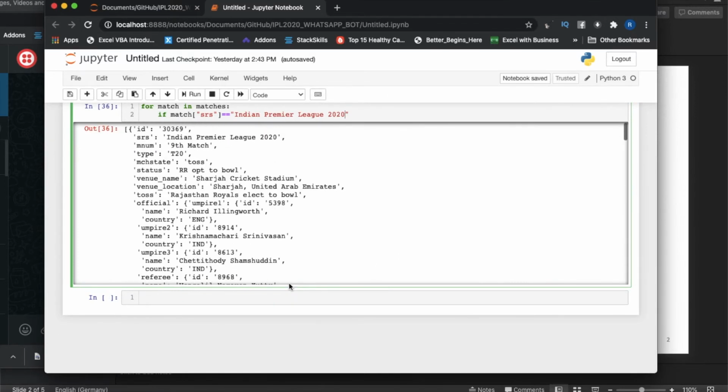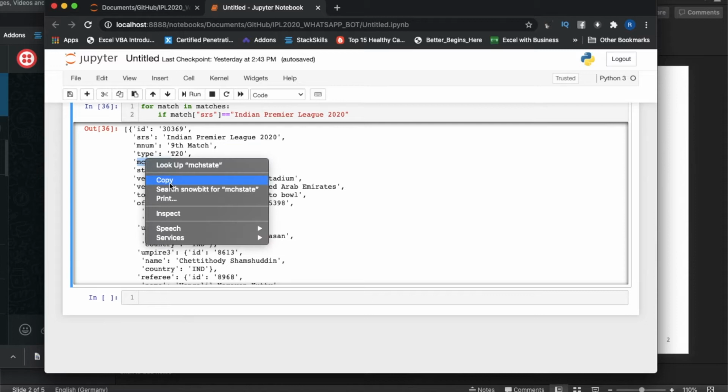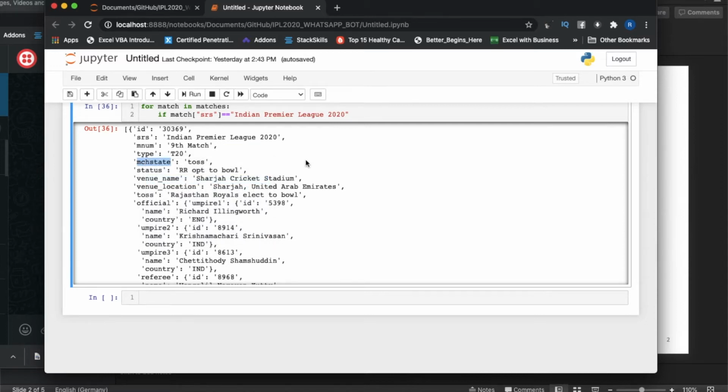So I need the matches where the match state is not equal to preview, which means the match is upcoming and not started yet, but I need the matches which have already started.